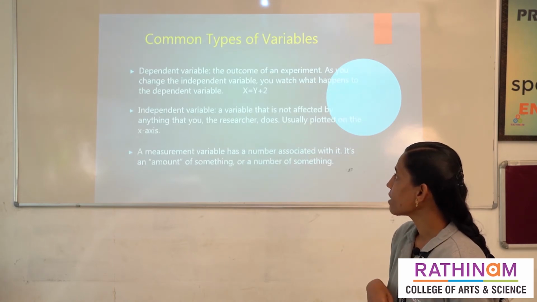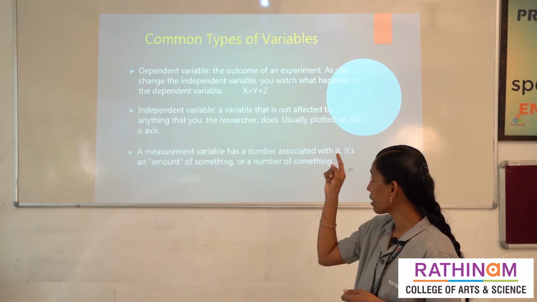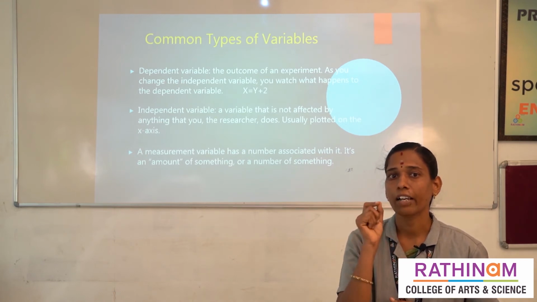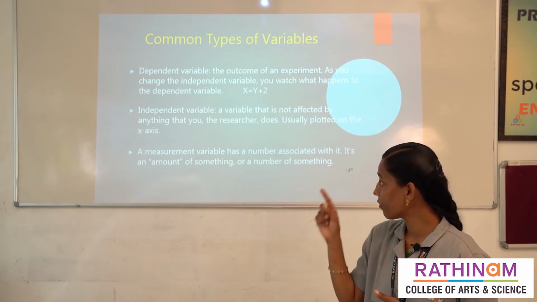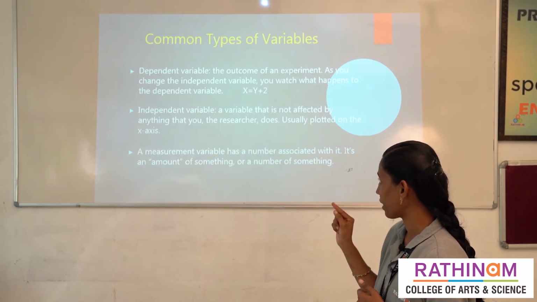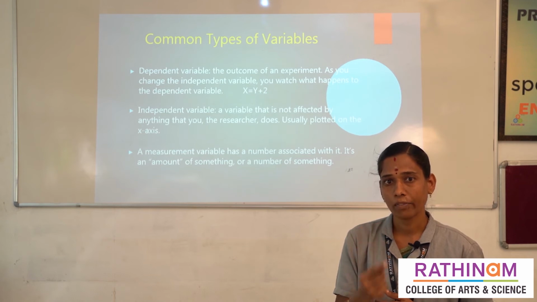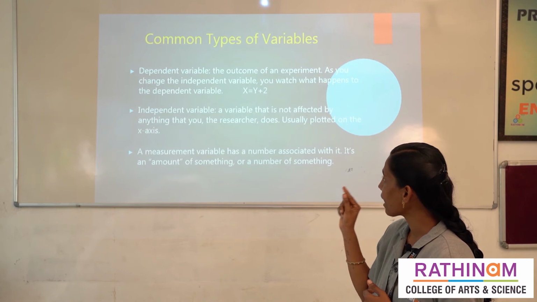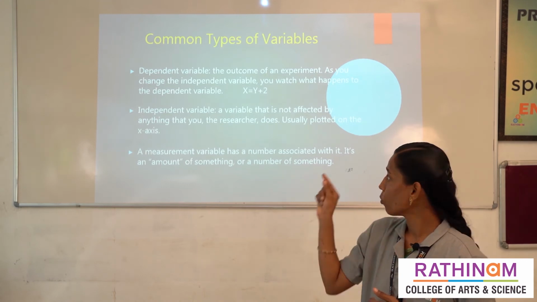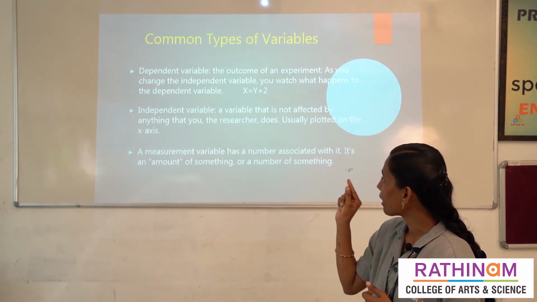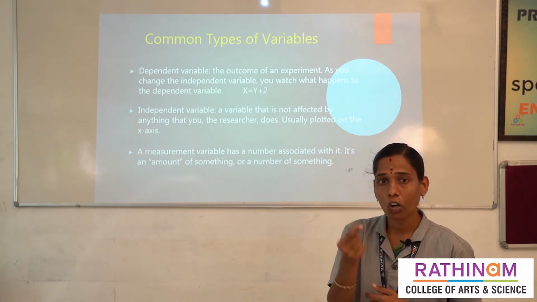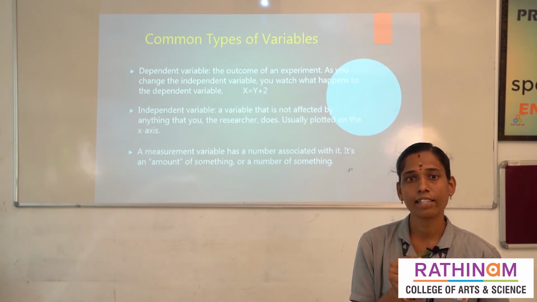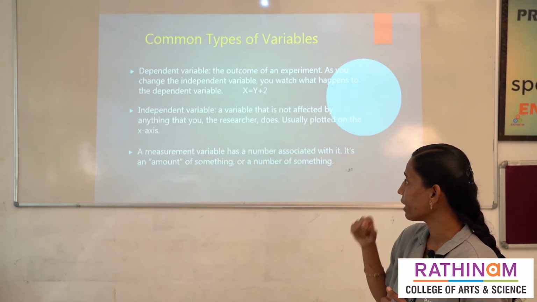And the next one is dependent variable. Consider my example, x is equal to y plus 2. In only one example I am going to explain the two variables. First thing is I am going to tell you about y. If you are substituting y value, suppose y is equal to 1, you will get the answer x is equal to 3. So y is called independent variable and x is called dependent variable. Because of y only we are finding the value of x. So that's why x is called dependent and y is called independent.